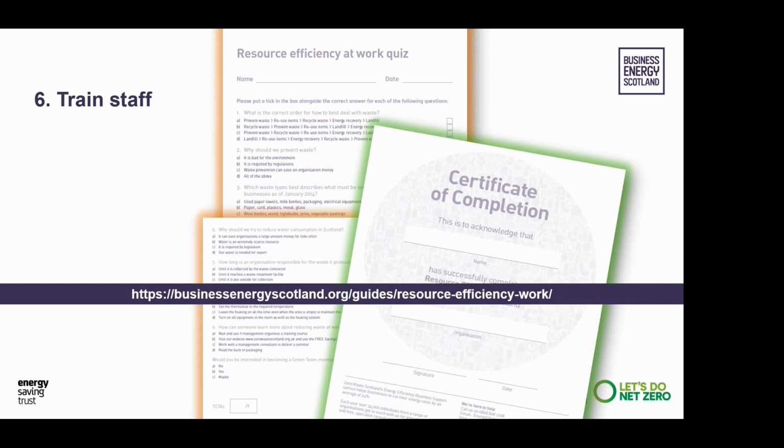On completion of the Resource Efficiency at Work training presentation, staff should have a good understanding of the drivers for resource efficiency and the part that they can play in helping your organisation use energy, water, and raw materials more efficiently. To test that knowledge, we've prepared a short quiz that can be downloaded, and you can then ask staff